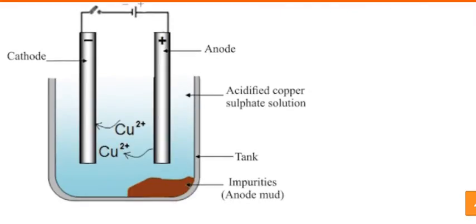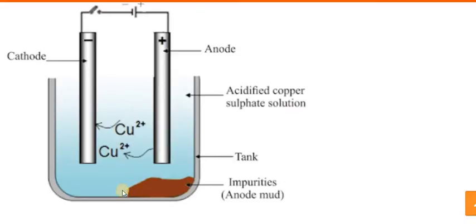This is the figure you can see. On the cathode we have to take pure copper, and on the anode we have to take impure copper. This is the battery. This liquid which is filled over here is called the electrolytic liquid. In that, a salt is used as the electrolyte. Suppose copper is there, then as an electrolyte we have to use a copper sulfate solution. The function of the electrolyte is that it conducts electricity inside the cell.